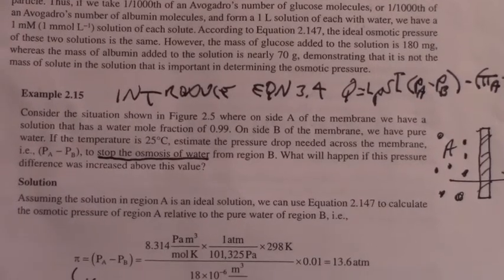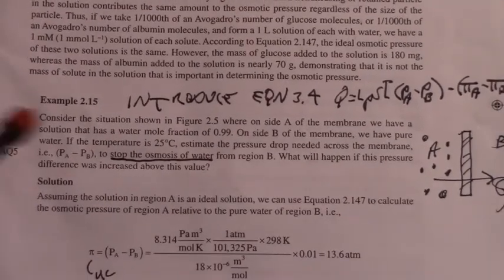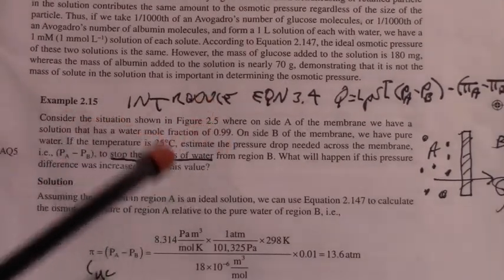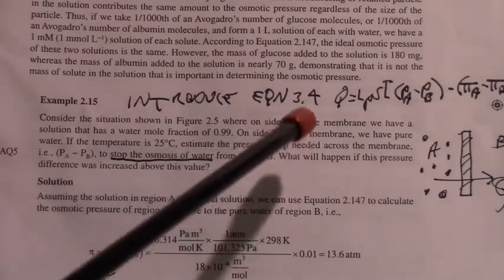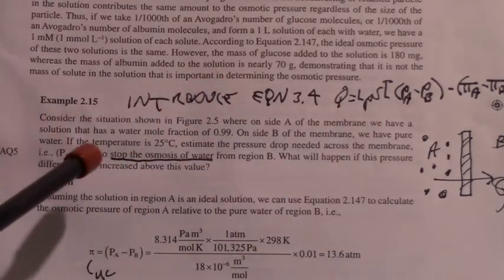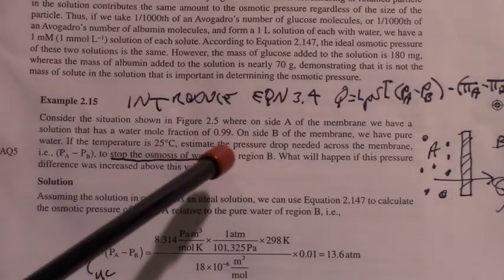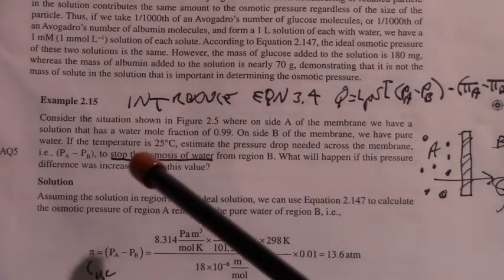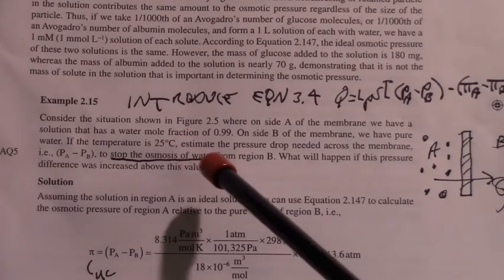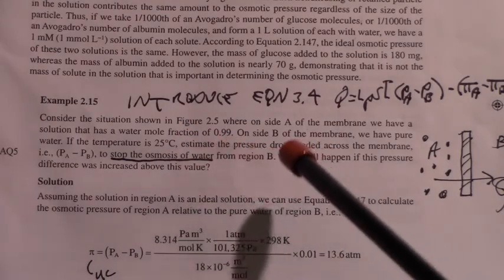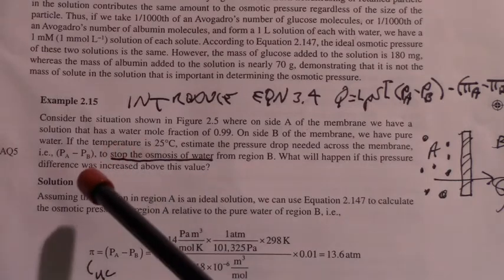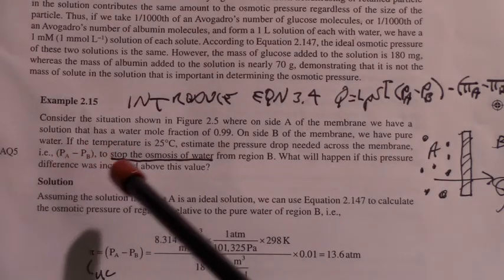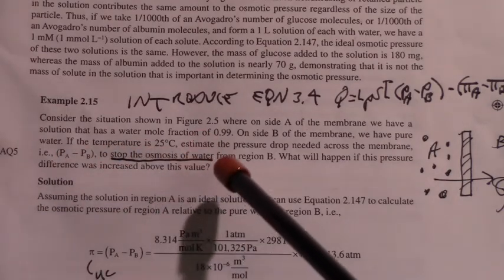So let's just look at an example so we can see how the numbers roll through something like this. What we've got in this problem is, it says, consider the situation shown in figure 2.5, where on side A of the membrane we have a solution that has a water mole fraction of 0.99. On side B of the membrane we have pure water. Temperature is 25 degrees C. Estimate the pressure drop needed across the membrane, that is PA minus PB, to stop the osmosis of water from